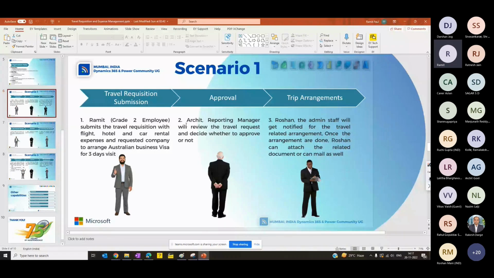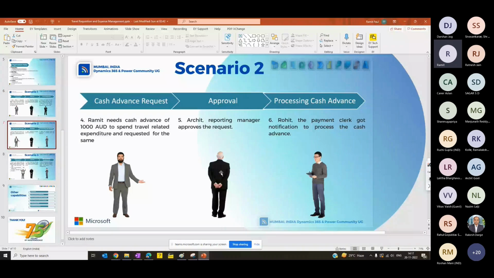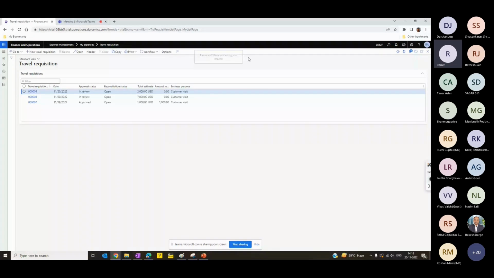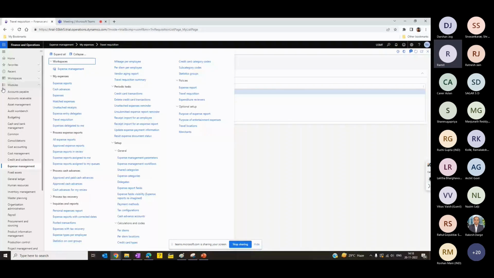Now the second part of this scenario is cash advance. Why do you need a cash advance, right? The scenario is that Ramit needs a cash advance. I need a cash advance of 1,000 to spend on travel-related expenditure and have requested the same. So how can we request this cash advance? Let's see. Under My Expenses, I have this Cash Advances. I will click on cash advance